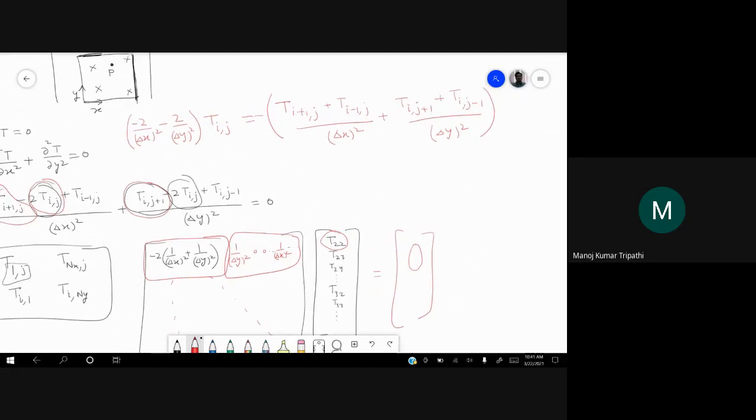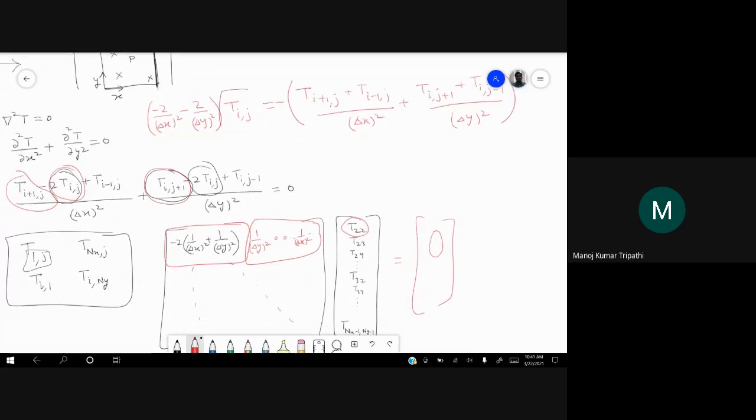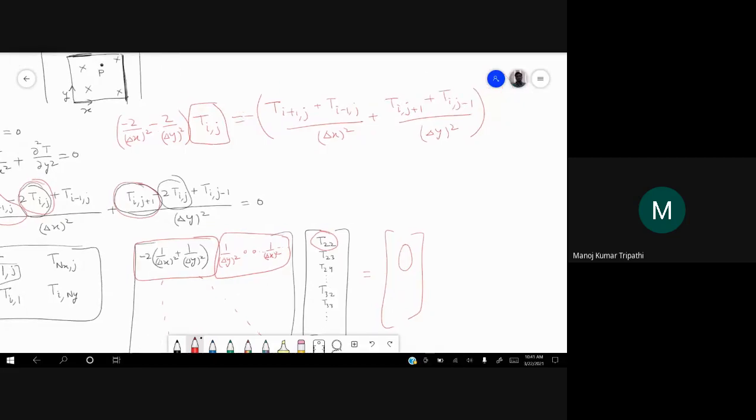Okay, if I take everything to the right hand side, all the other terms, and just keep Tij, for which we are going to solve. If I write the equation like this, then you can see that this is minus 2 by delta x square. These are minus 1 by delta x square and minus 1 by delta x square. So effectively minus 2 by delta x square. And this is also minus 2 by delta y square from the second term. So we can see that the sum of the other coefficients is equal to this coefficient mod. So that equality condition is satisfied.